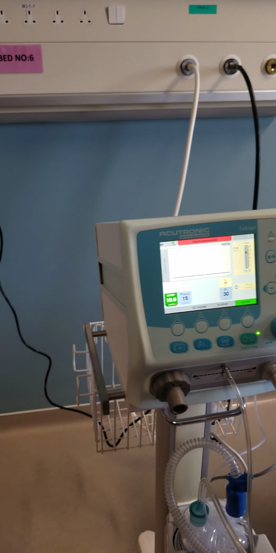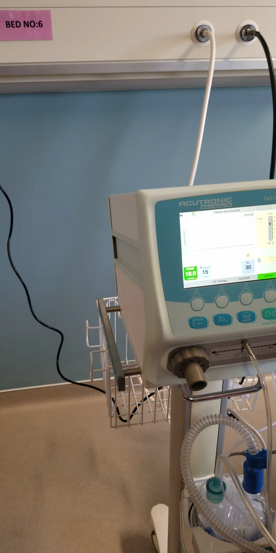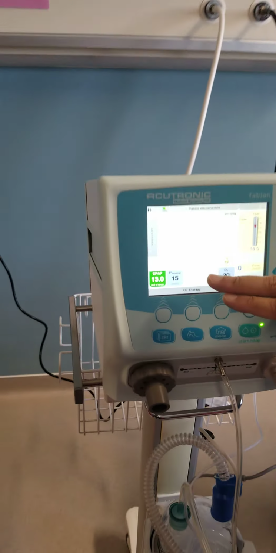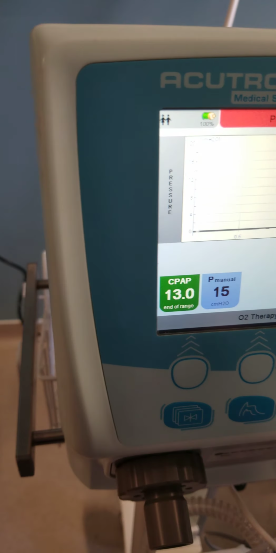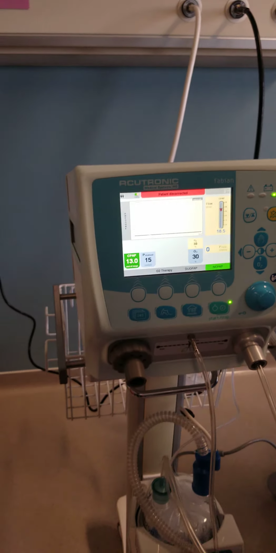See, in this it will go till 10. Then you have to make a conscious decision saying I want to go higher. And then you go higher. Still it'll stop at 13. And if you really feel you want to go higher, then I'll show you how you have to go to the pediatric category.